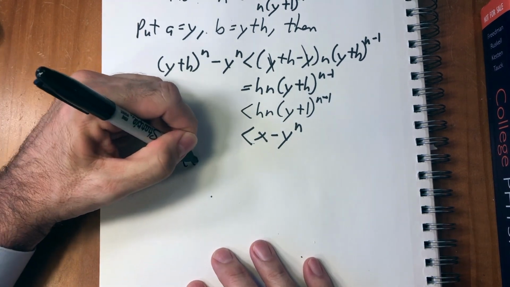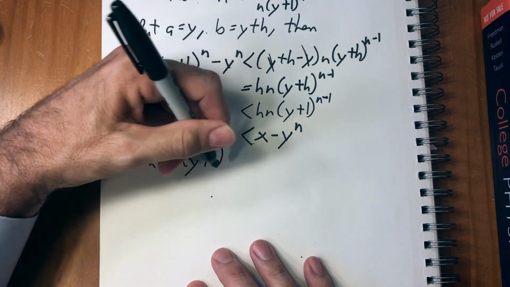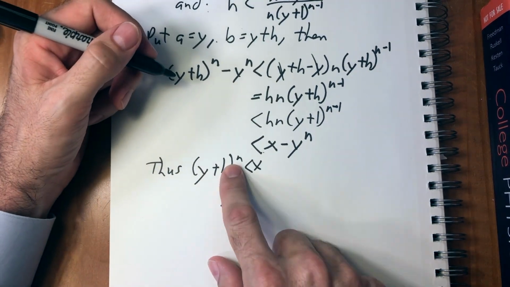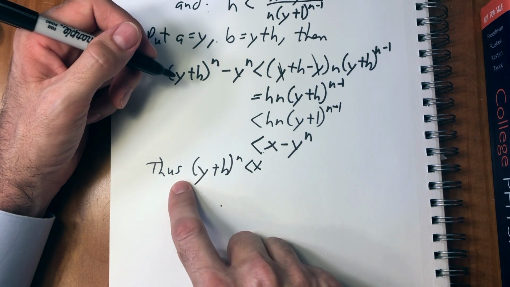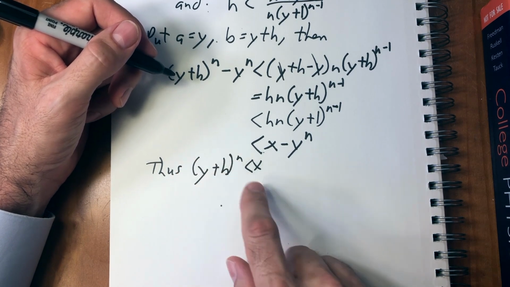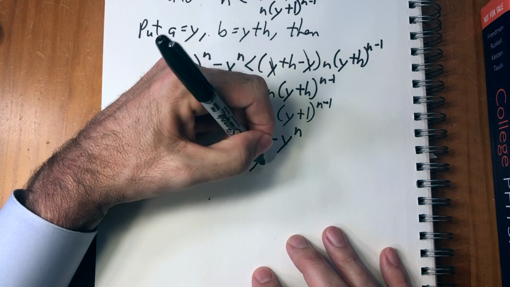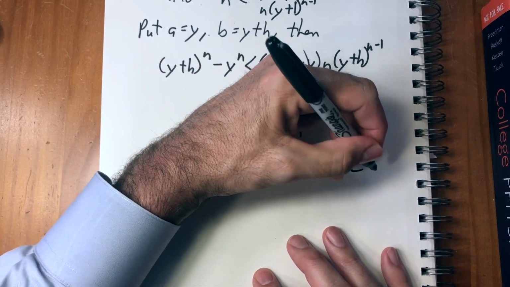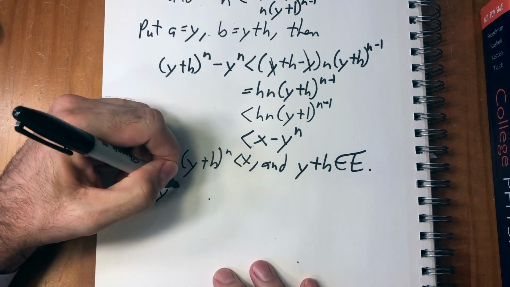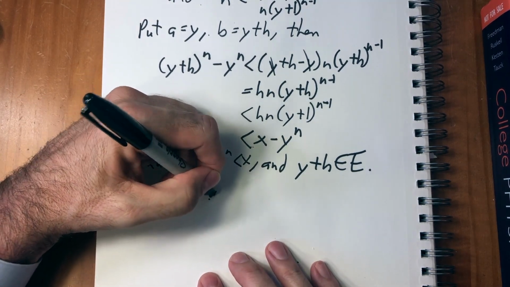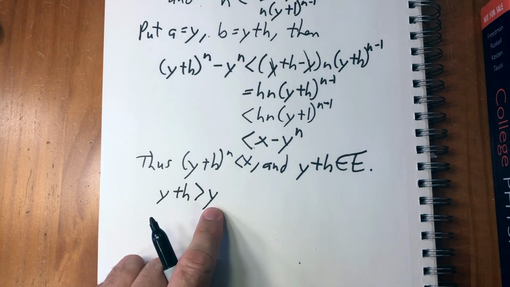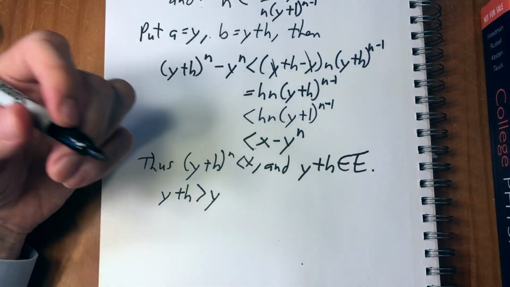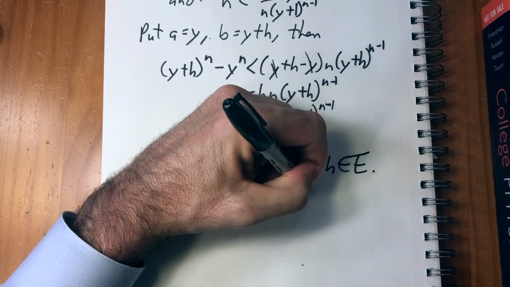Thus, (y + h)^n is less than x. Okay, y + h raised to the n is less than x. That means that y + h is going to be in E, because that's the definition of E. Okay? So we know that y + h is greater than y, because h is positive. But remember, we started with the fact that y is the supremum